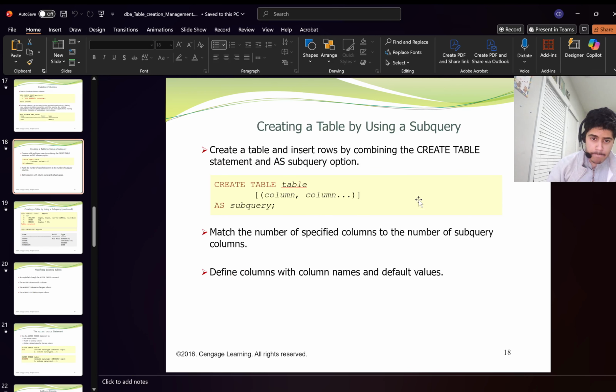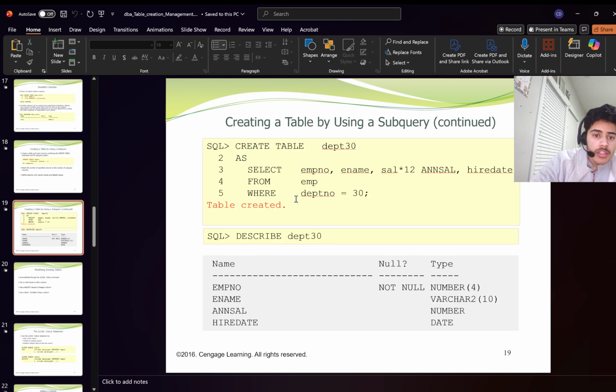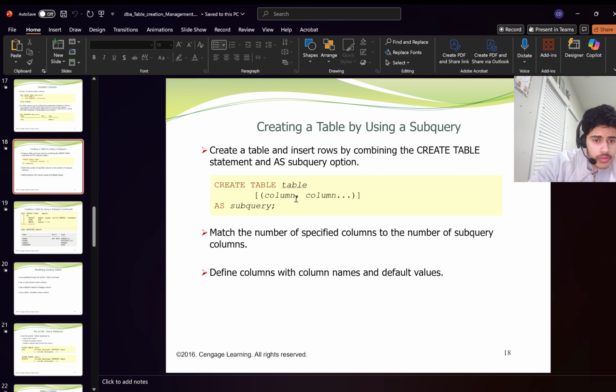Okay. So create tables and insert rows by combining create table as